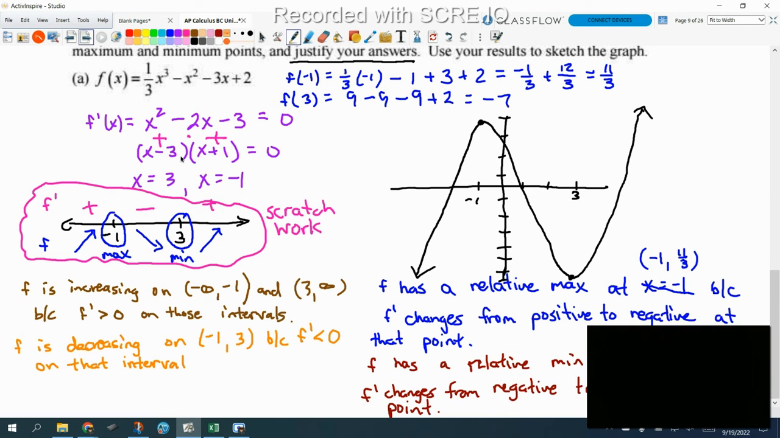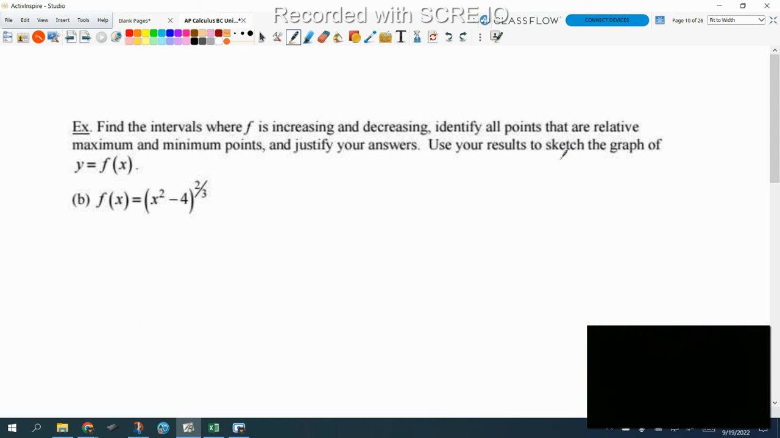All right, over on the back, let's do one more. So we have this function. We're going to take the derivative, increasing, decreasing, maximum, minimum. That means do the derivative: 2/3 times x squared minus 4 to the negative 1/3 multiplied by 2x. I recommend rewriting your derivative. So we have a 4x on top, and we have a 3 times x squared minus 4 to the 1/3